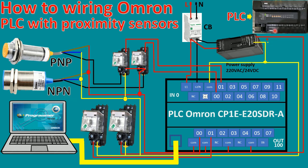And here is the PLC, it is the real PLC, and here is the drawing that I drew to make this wiring easy to understand. So first I have a circuit breaker and a power supply, input 220 and output 24 volt DC, and I connect the 220 power to the PLC for supply,